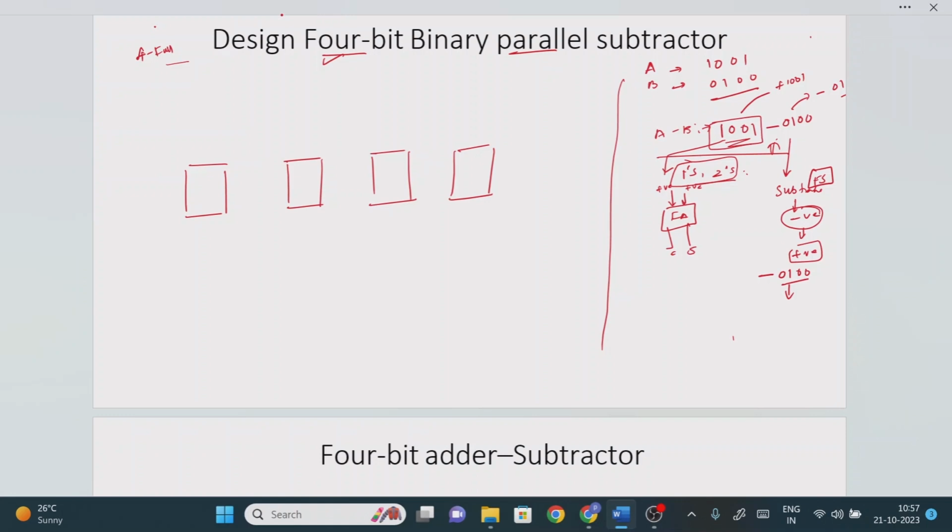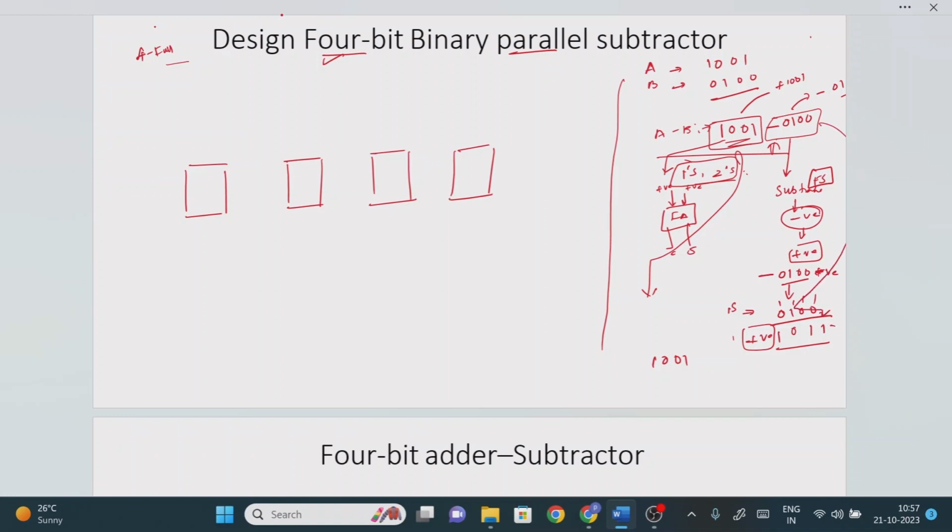So by using the ones complement method or twos complement method, I am going to convert this negative number in terms of a positive number. Ones complement means the given number should be subtracted from all the ones, so 1011. Now what is this representation? Positive representation, right? So 1001 will remain the same because it is the positive number. This was the negative representation, and we converted it in terms of the positive representation.